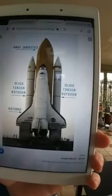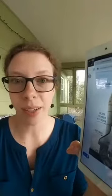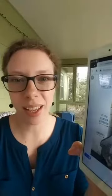Here is a rocket that people who grew up in the 90s and 2000s are very familiar with. This is the Space Shuttle. This was the workhorse that got the International Space Station in orbit. And if anyone has questions about the International Space Station, it's still in orbit. There are still astronauts up there every single day doing science. They get up there on a Soyuz rocket right now, but in the 80s, 90s, and 2000s